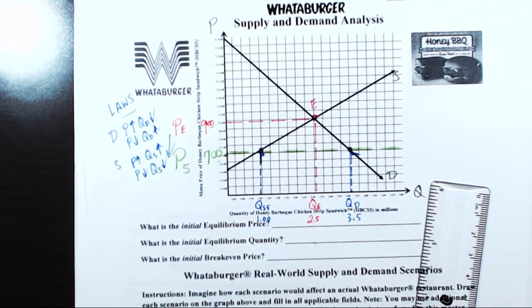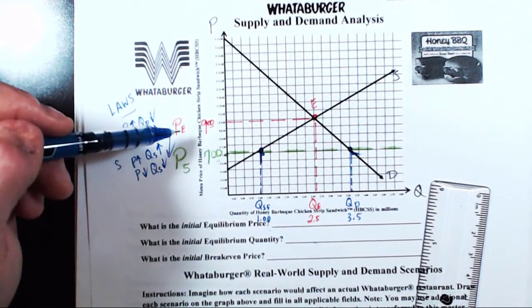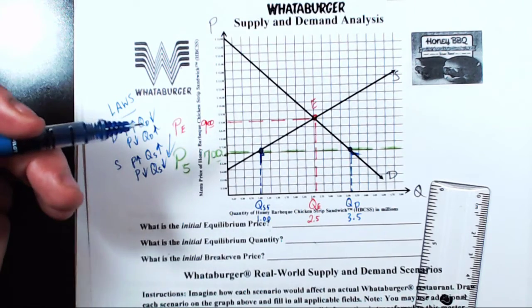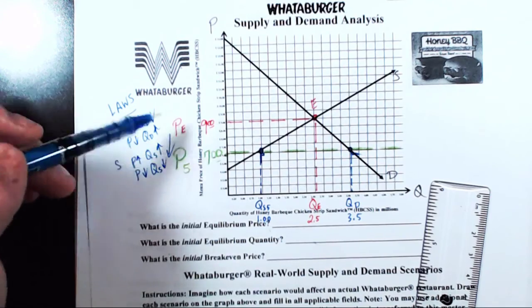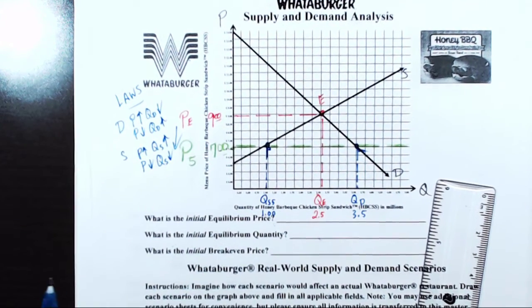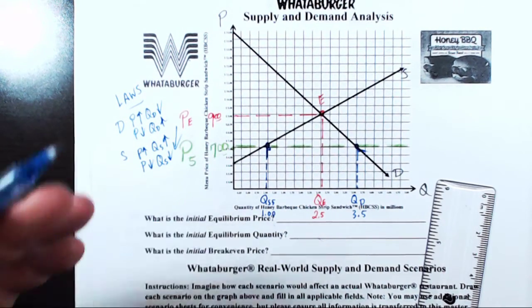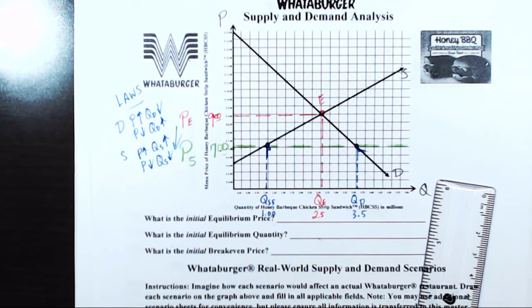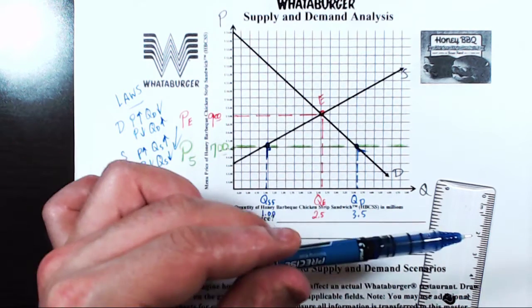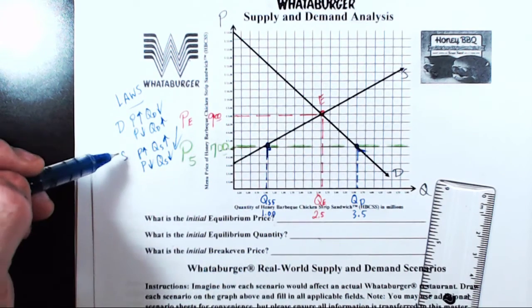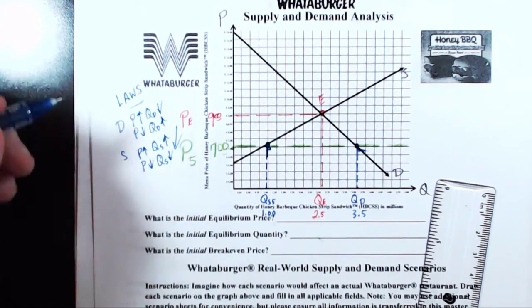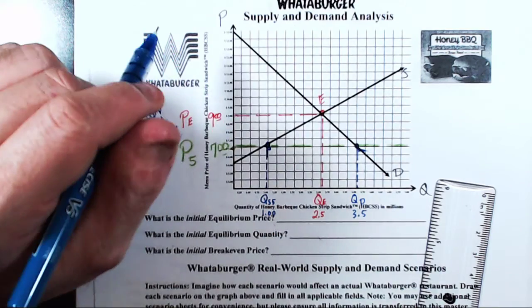Well, that makes sense, right? You run a sale on the sandwich, more people want the sandwich. It's like a coupon. More people want the sandwich because the price went down. Or you could say the same number of people want more sandwiches. Doesn't matter. Essentially it's the same thing. The quantity demanded went up. The quantity supplied went down in response to this change in the menu price. We're actually going to find out if this was a very good idea or not for